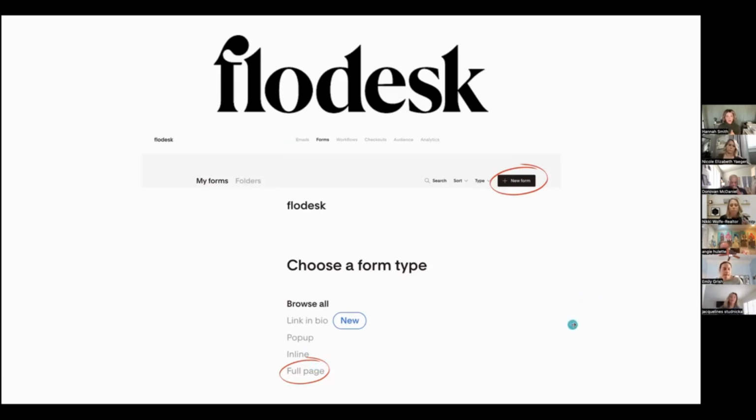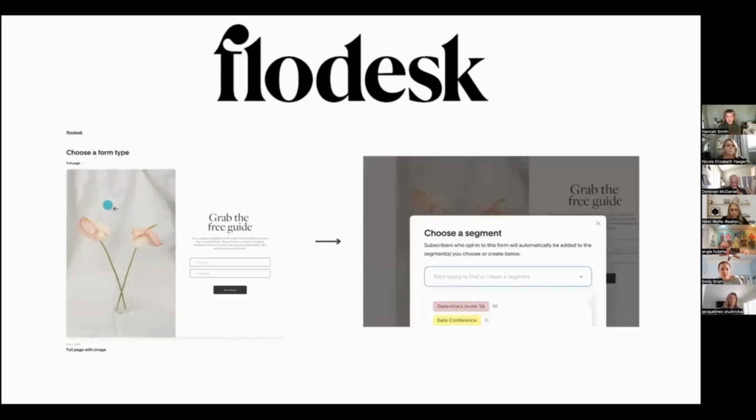I actually, no, hold on, I'll get you the slides. Full page, and there are plenty of different form types you can hit. I just picked literally the first one on the top of the list. It's very basic. It's not the point. Don't get over analytical like I do in Canva every day. Just pick it and create. So you're just going to click on that, and it's going to bring you to this.